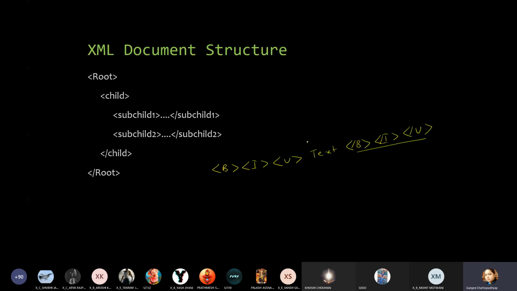HTML will still give you the output, right? But in XML, it is very important that if you are using a tag, if I have created a tag named school, then I have created a tag named student, then I have created a tag named name, okay, and then you are writing the text, it is important to check the order. The tag which was opened last will be the first one to be closed.